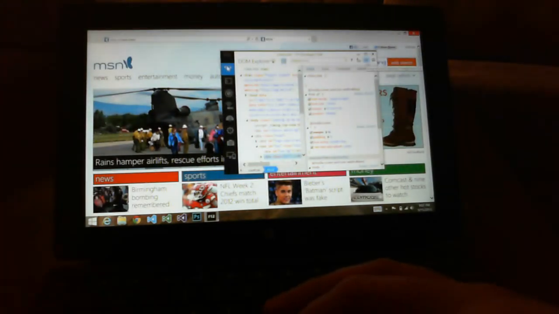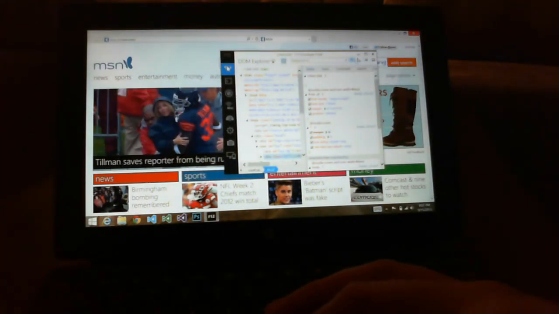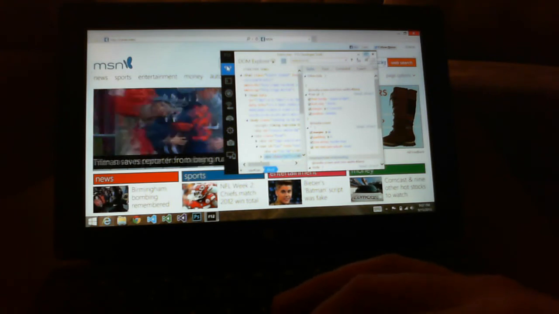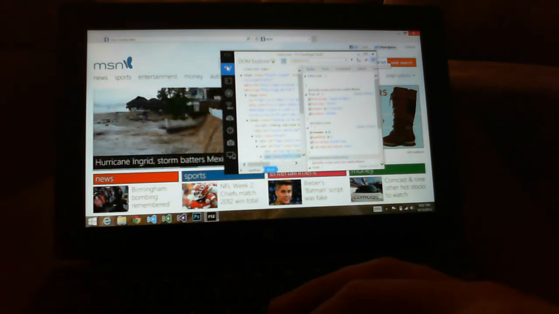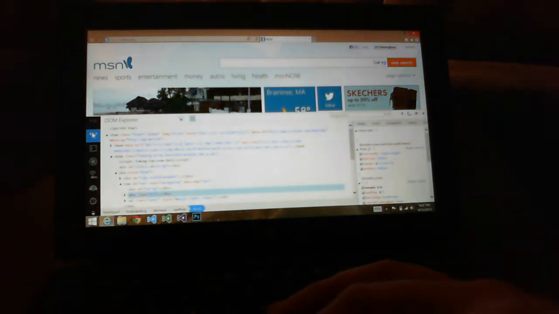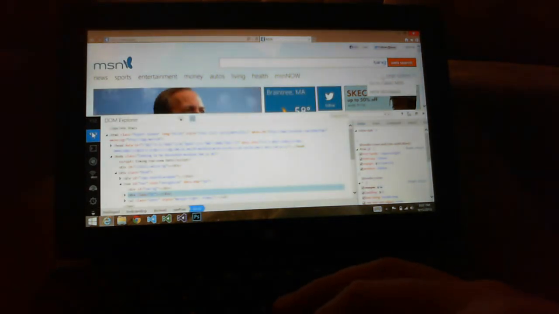You can see all the computed elements. You get the box properties here. So they spent a lot of time making this almost identical to the way Firefox works and the way Chrome inspects things. I haven't messed around with this too much,